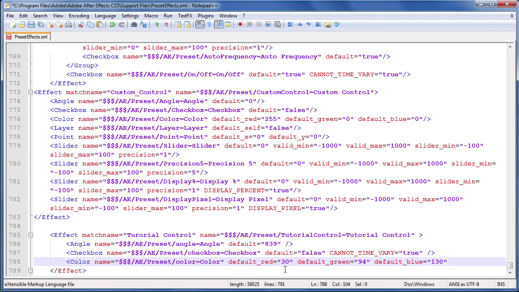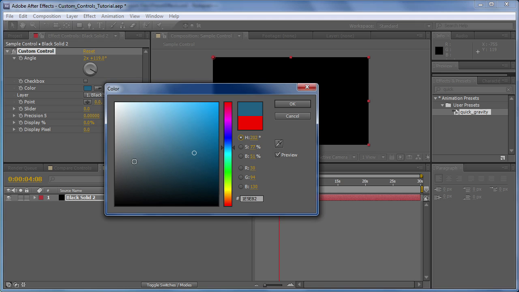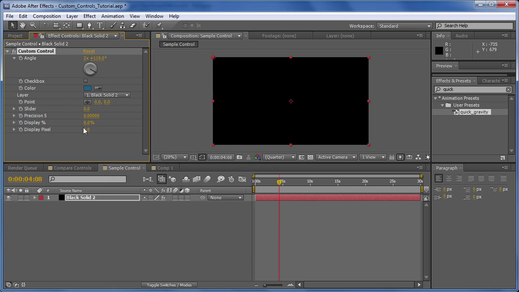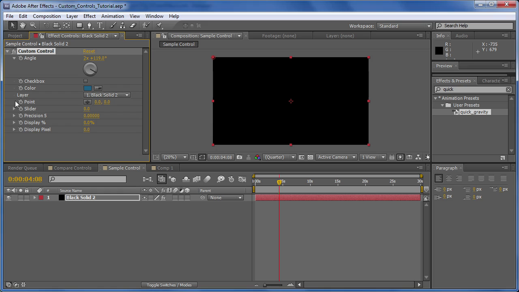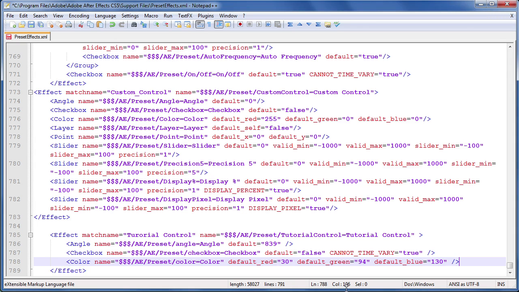So by setting these three defaults, we'll get the color that we're looking for. And the only other option for this color control is the cannot time vary one. So you can also allow or not allow the user to keyframe the color. Once you're done, we're going to close it up and we'll move on to the next control, which is the